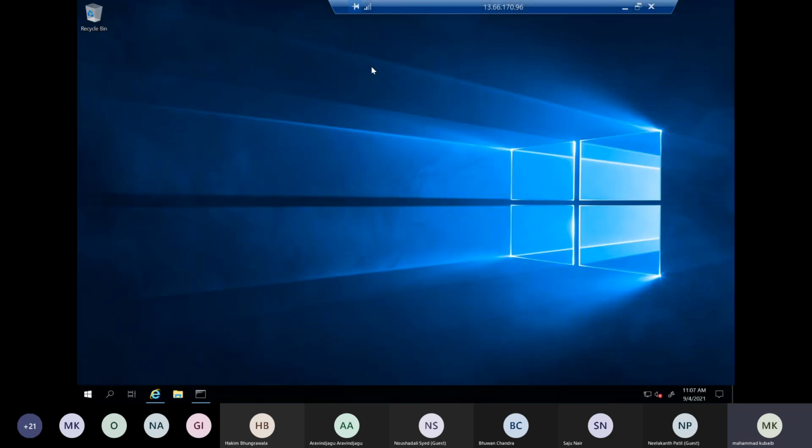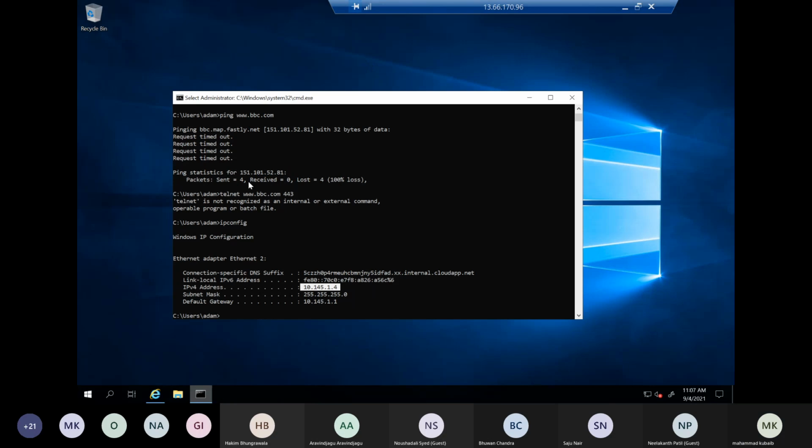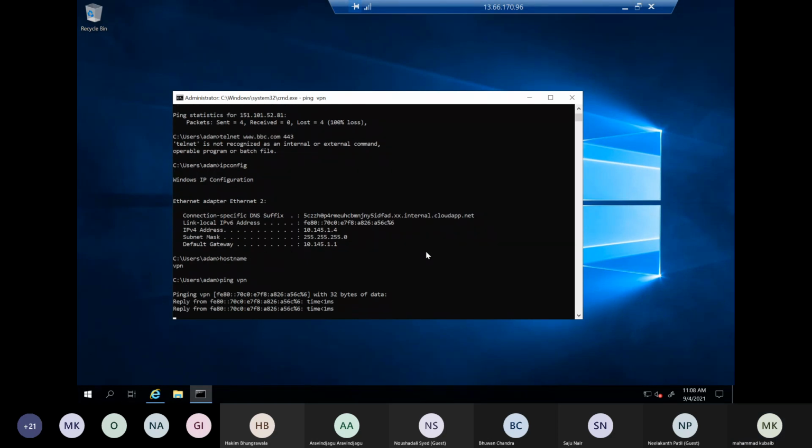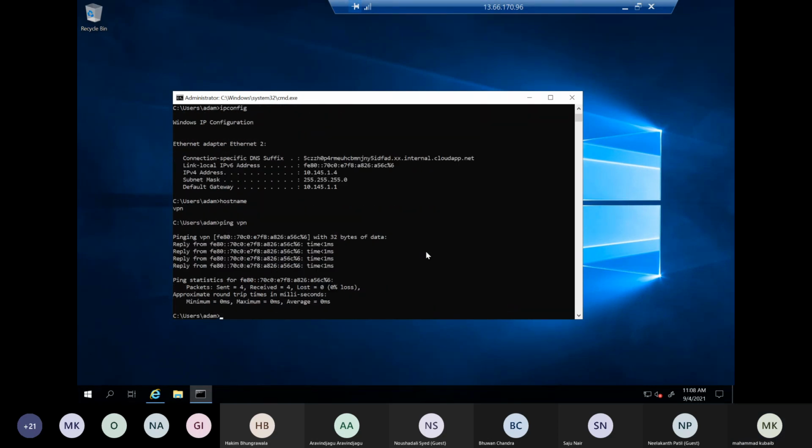So let's go to the other one. Forget about this one. See here, if I check ipconfig,